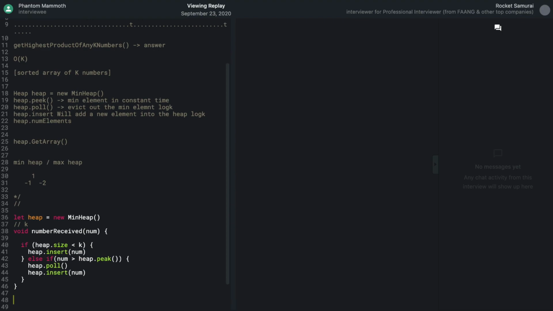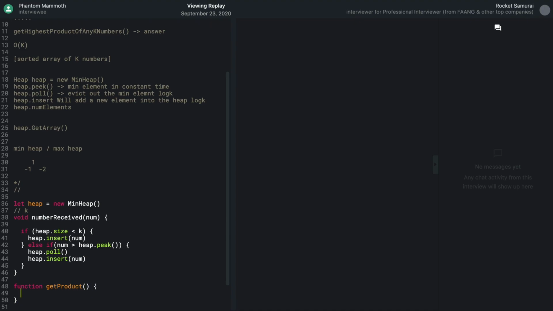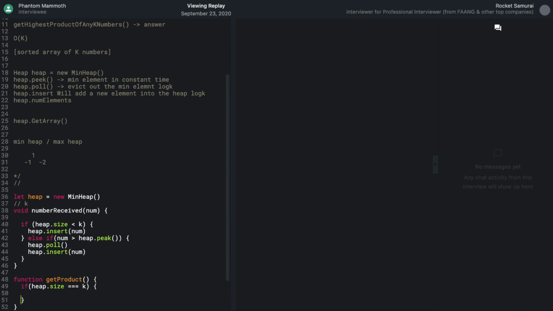Yep. Okay, so basically we have our heap. They call get product of whatever k numbers. We'll check again, and we'll only even return the product if there's k elements. Otherwise, it's not a valid call, right? Okay, so if heap dot size is greater than or equal to, well, it should be equal to k. And what we'll do is, let's say, convert the heap into